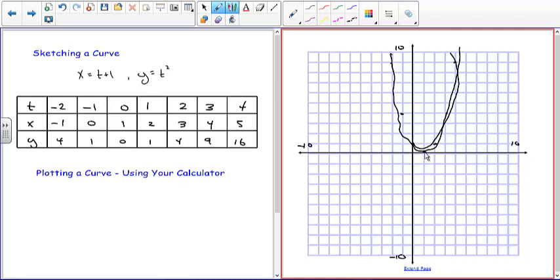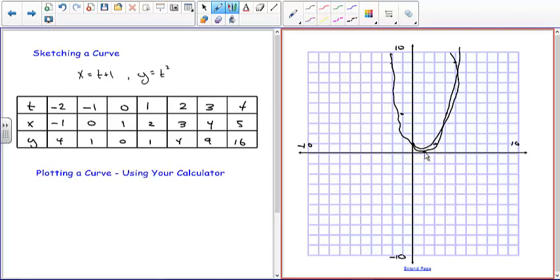Now, let's do another one while we're already on this. Let's go back to y equals and clear both of those. Let's do the circle plot. So if we go and we put in for x, let's see, 7 cosine of t for x and 7 sine of t for y, and we should be okay with